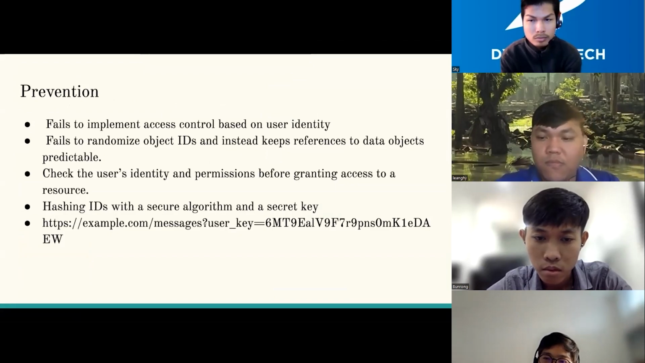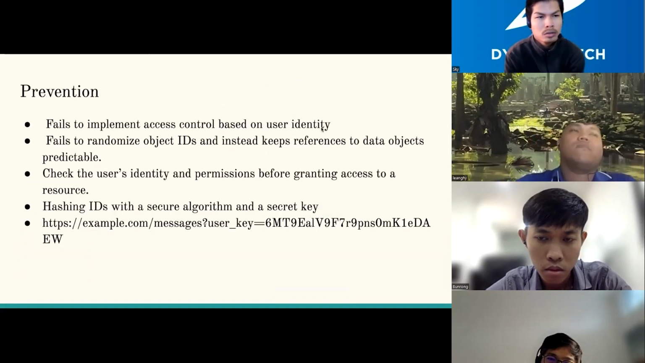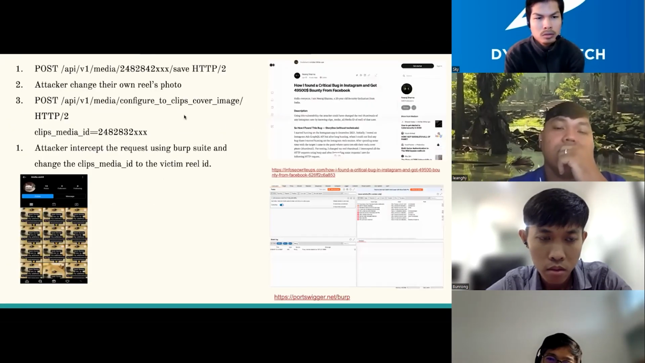Okay, so let's go through how you can prevent IDOR from happening in your web application. When we want to fix something, we have to define what our web application fails at that can make IDOR happen. So first, the web application fails at two things. First, it fails to implement access control based on the user identity. So in the case of Instagram here,